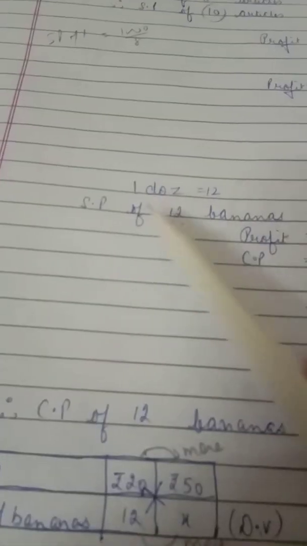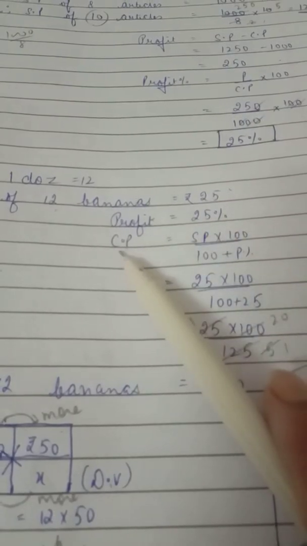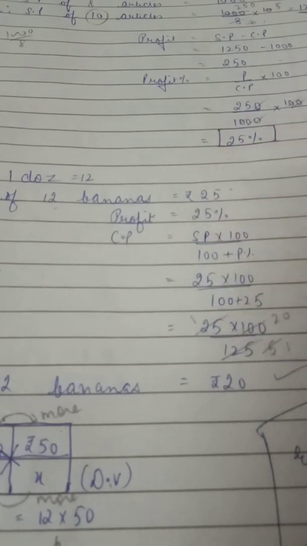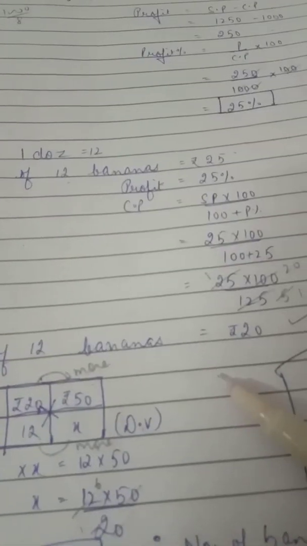So first of all, we know that 1 dozen is 12. So SP of 12 bananas is rupees 25. Profit is 25%. Finding out the cost price. Formula is SP into 100 upon 100 plus P%. And after the entire cutting is done, we get the cost price of 1 dozen or the 12 bananas as rupees 20